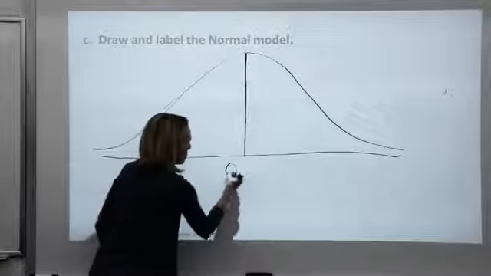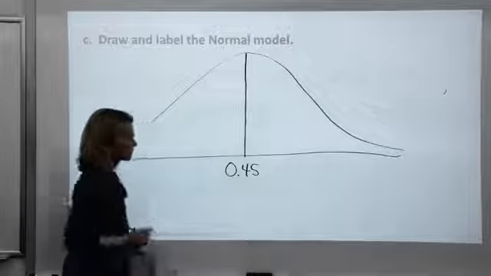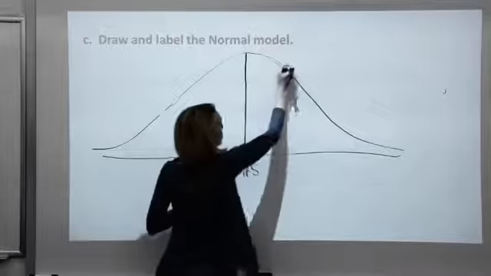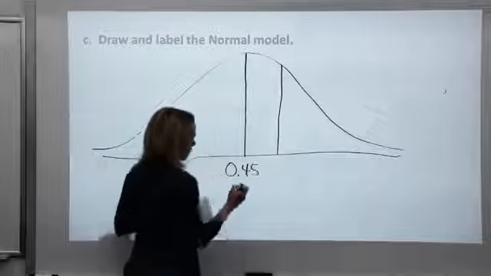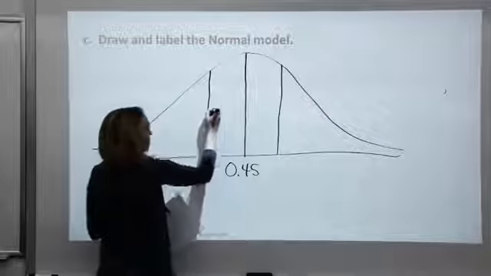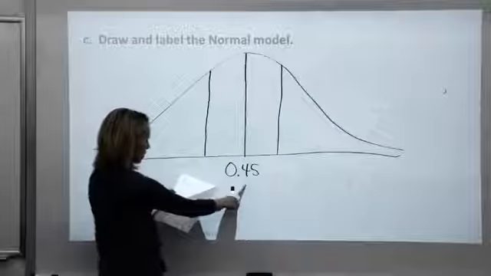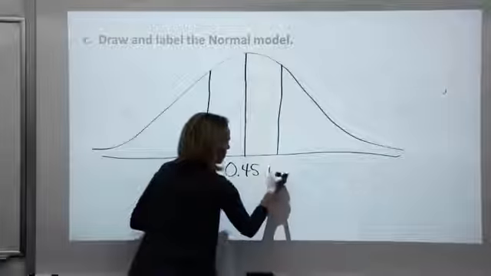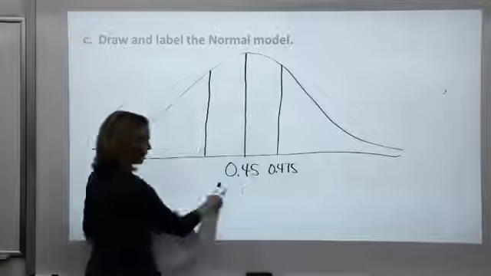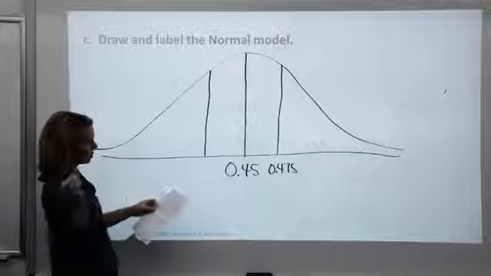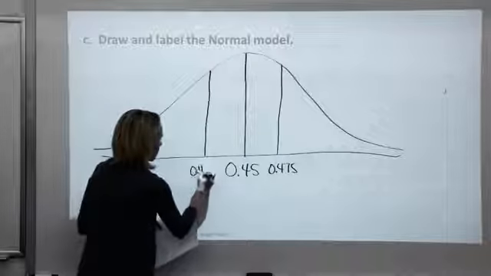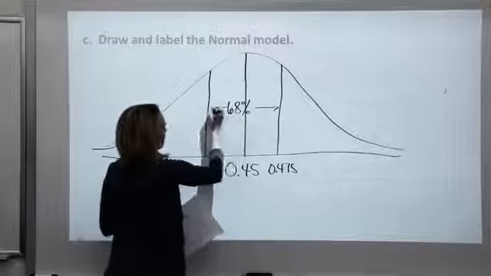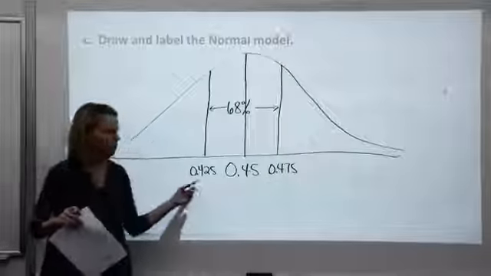This will be centered here at the mean. And then recall the 68, 95, 99.7% rule. If we go out 1 standard deviation on either side here, if I take 0.45 and I add 0.025, I'm at 0.475. And if I subtract 0.025, I'm at 0.425. And we ought to get about 68% of the time sample proportions that fall within 1 standard deviation of